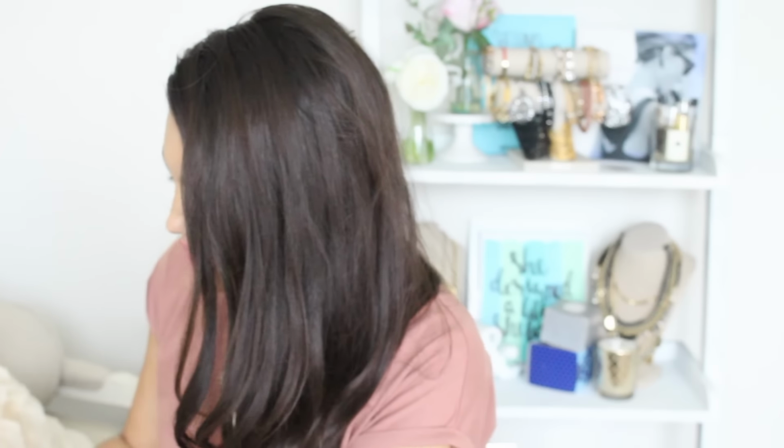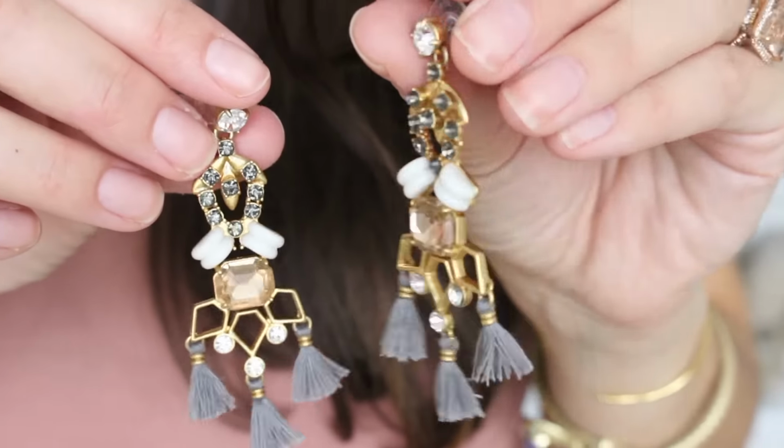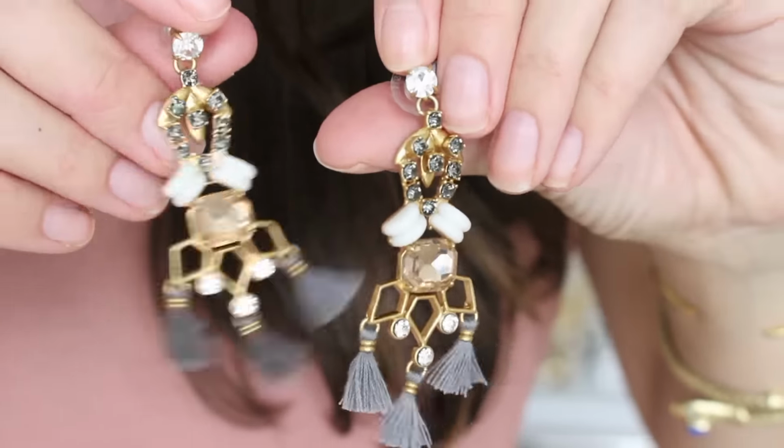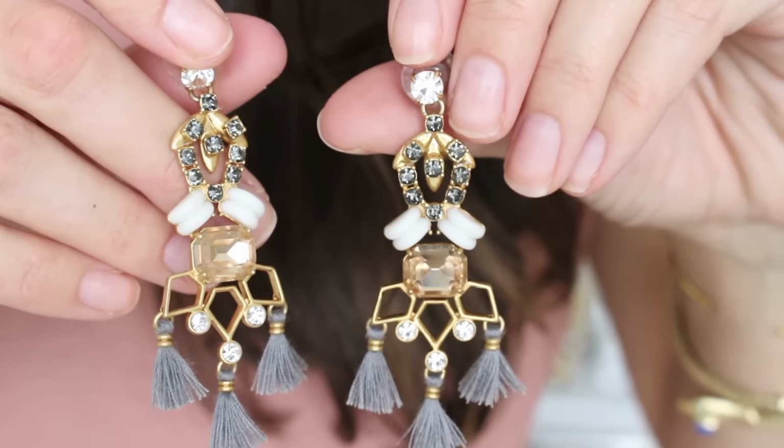The next piece I'm going to show you, I'm going to just kind of go all over the place. These are my favorite pieces from the entire collection. These are the Neela chandelier earrings, and I just posted these on my Instagram yesterday, and I have to say these are probably my favorite statement earrings, aside from the sparkle studs, that Stella & Dot has ever done. They are a statement, but they also are so neutral in tone, so they're not like those earrings that you can only wear with certain outfits or to an event or something. You could wear these every day with a white t-shirt or a gray t-shirt,